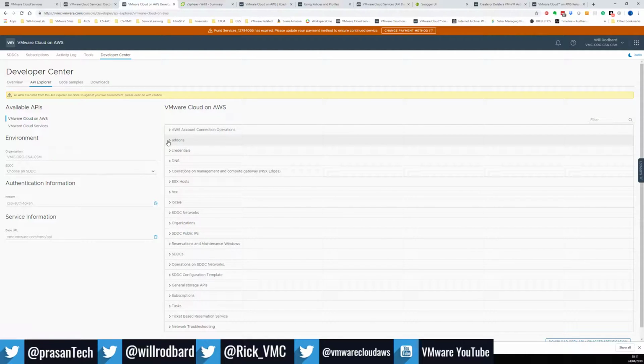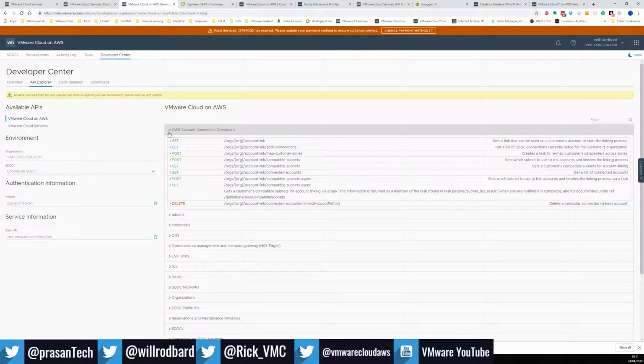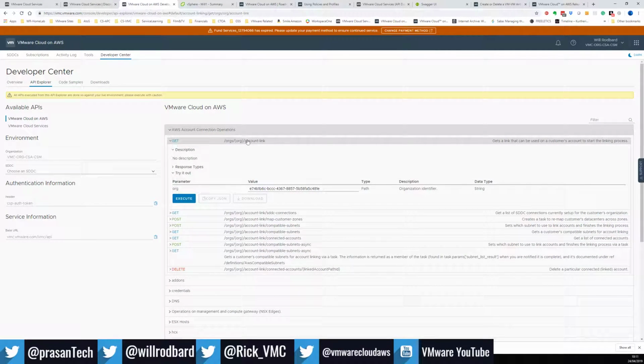Any particular one you'd like to select by any chance? Yeah, we could just pick the first one, the account connection operations, and do a small get. Sure. Okay. One of the cool features available in the portal is that the org